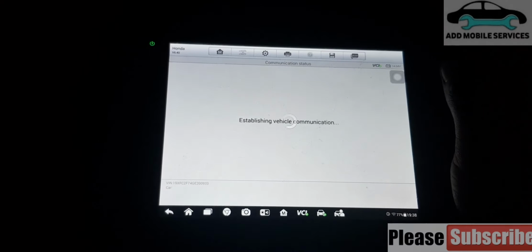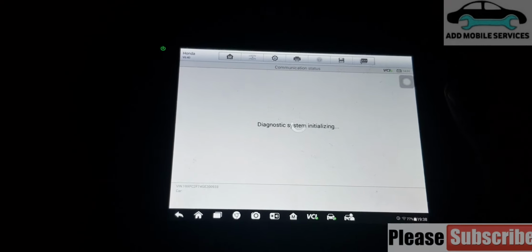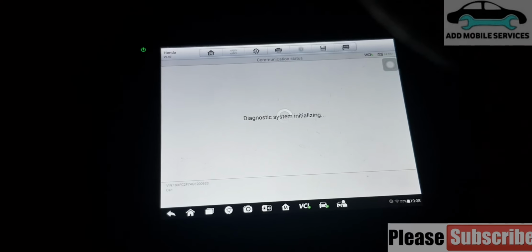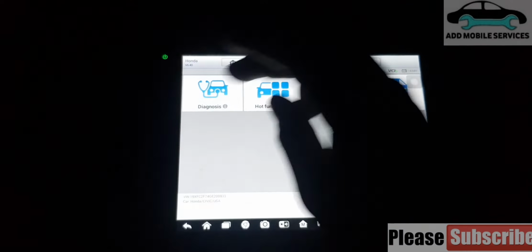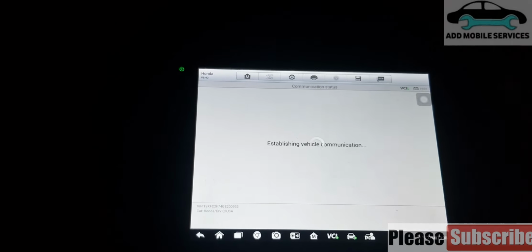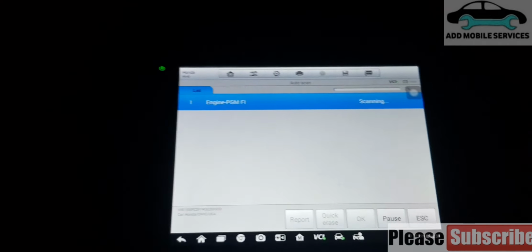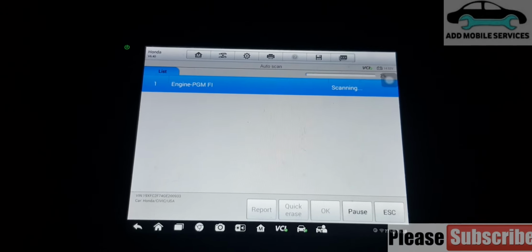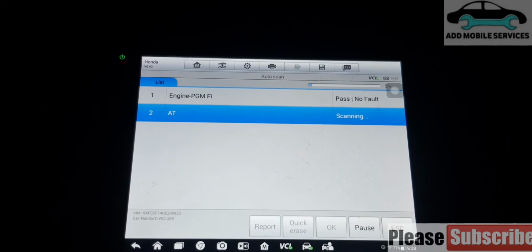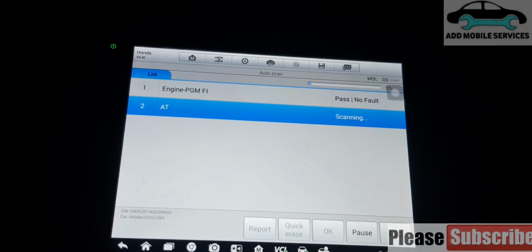Then I scan the whole system and make sure the vehicle is okay. So diagnosing, auto diagnose, all system, yes, okay. So if there is any issue, then I have to erase it.